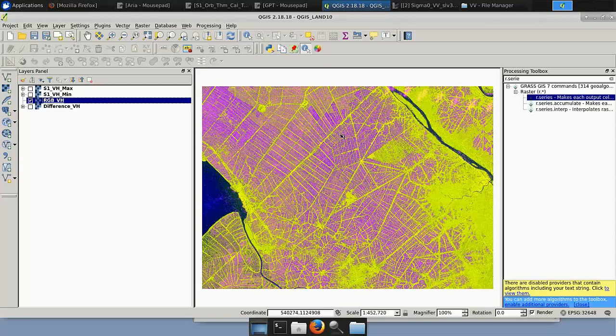Of course, you have to take into account that this is not a classification. This is only visualization, and here there is no validation data. So I cannot say this is a rice field. I mean, most likely it is, but there is no accuracy assessment on this, and proper research would require that actually. But it's a good starting point where you can see the advantage of using the dense temporal series that